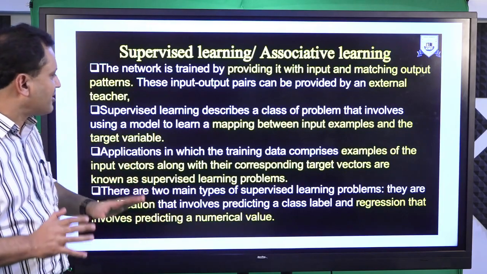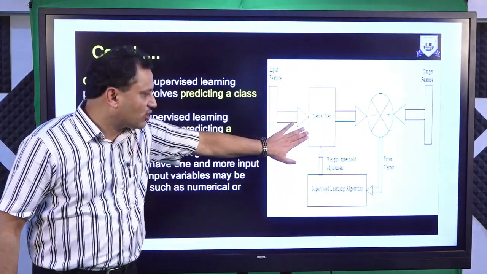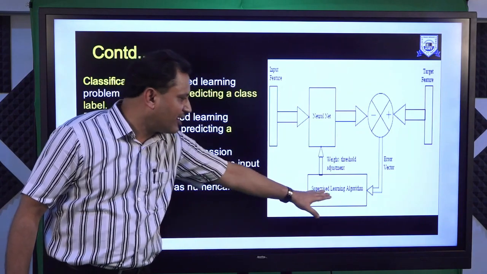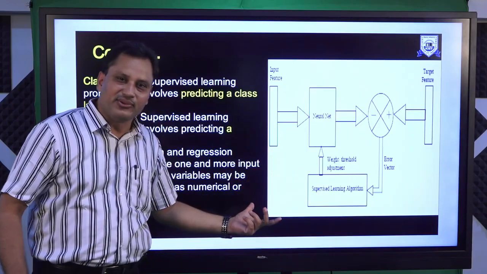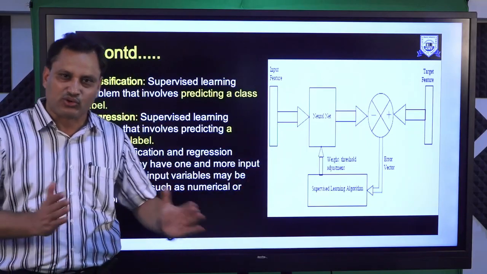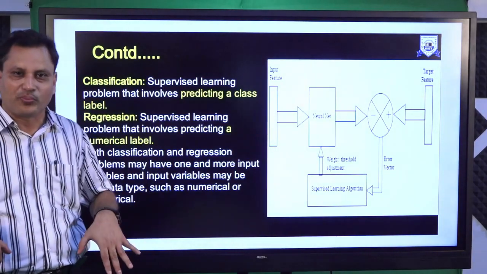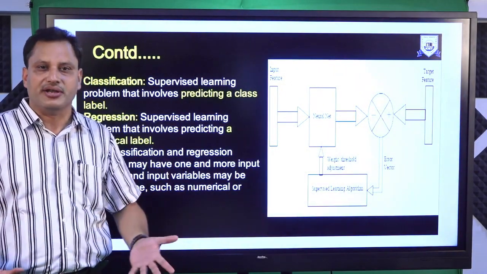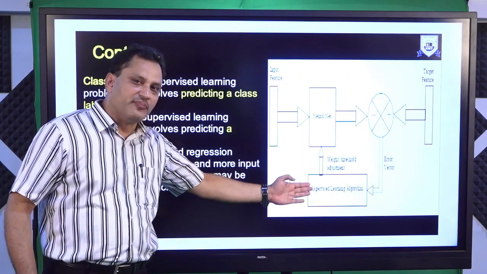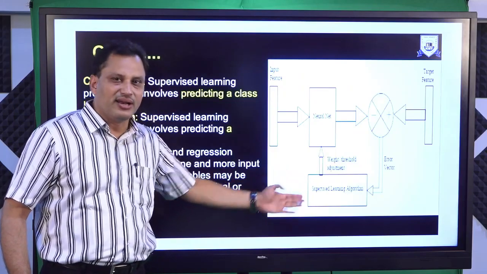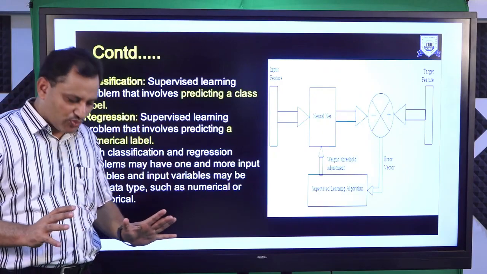What is the meaning of supervised learning? This picture will give you more. See, this is a neural network, and this is supervised learning. The supervisor is available, so the neural network is getting trained. If it is committing a mistake, for example, in the classroom, I am giving you a numerical, and if you are not able to solve the numerical, I am available as a supervisor, as a teacher, to guide you. So that is the meaning of supervised learning. Here, the output for input patterns is known, and the supervisor is available to correct you and minimize your errors.